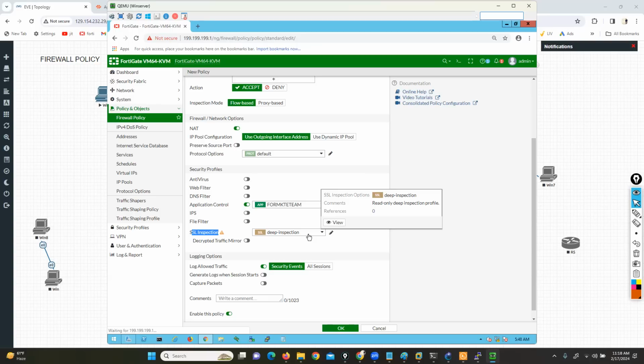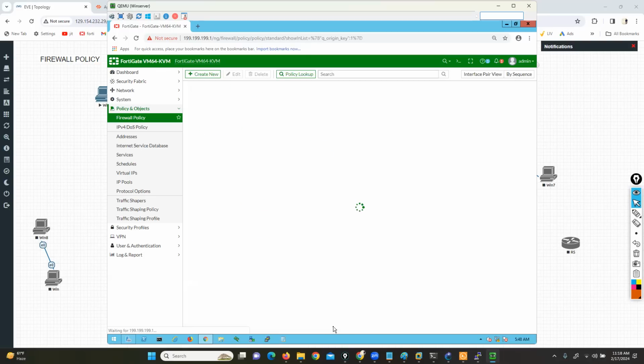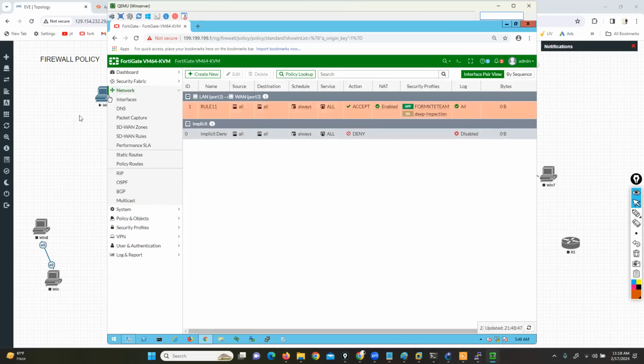So with application control, you need to enable deep inspection. Now, all session logs I want to verify. You can click on OK. So we have a rule. As per this rule,